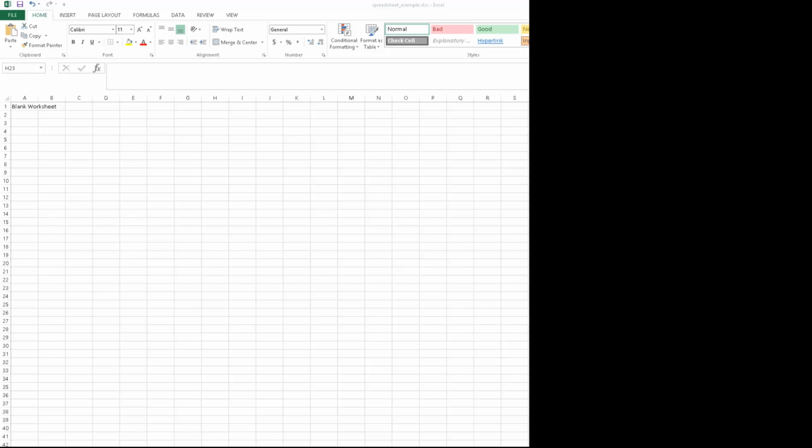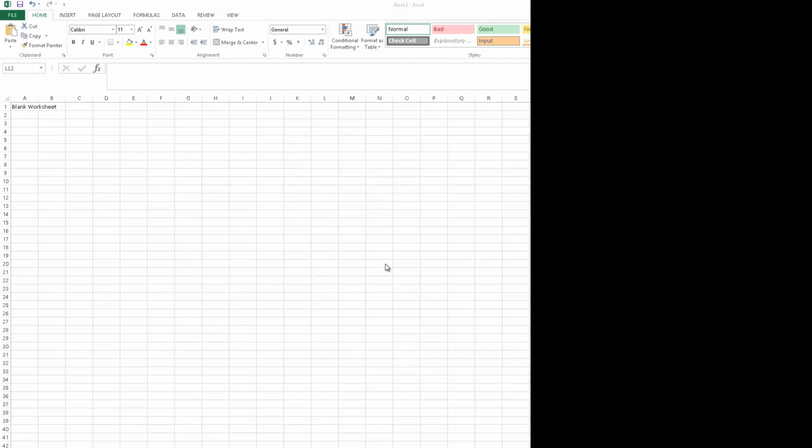Step 1, open a blank spreadsheet, like this one. Next, save your spreadsheet and give it a cogent name. In this case,